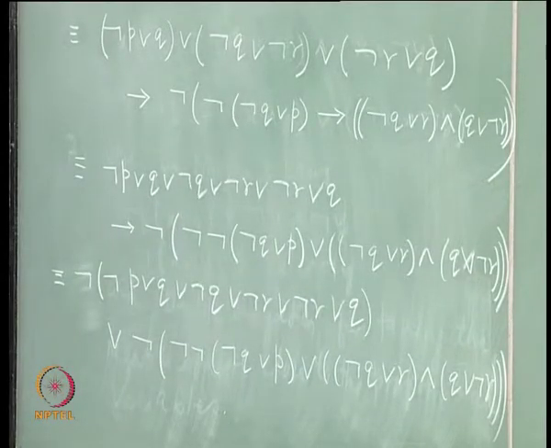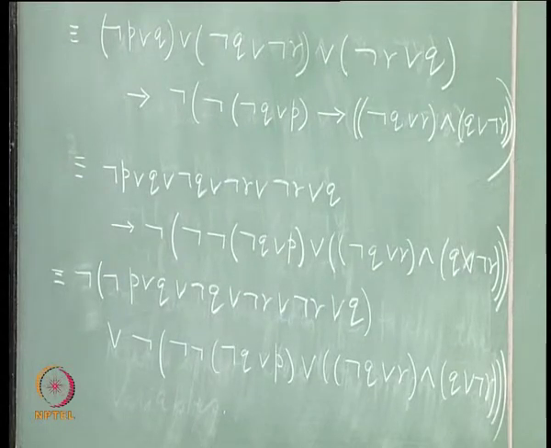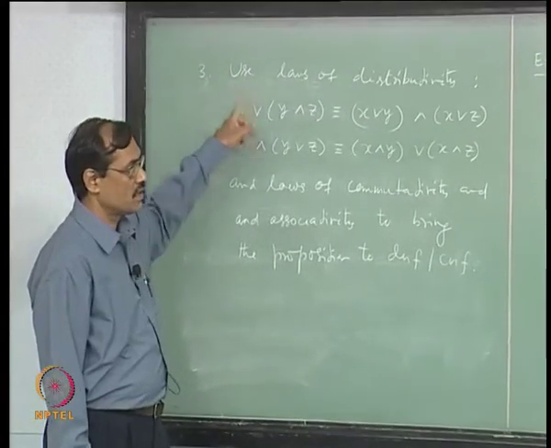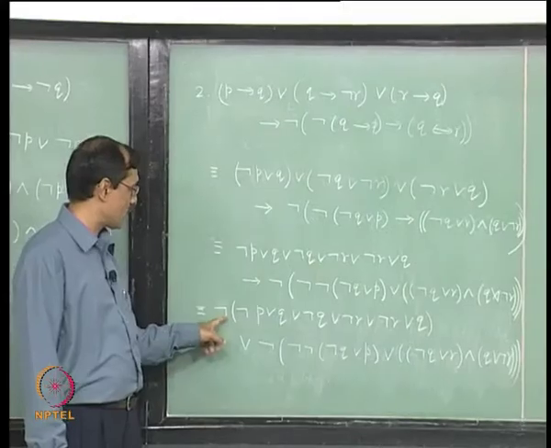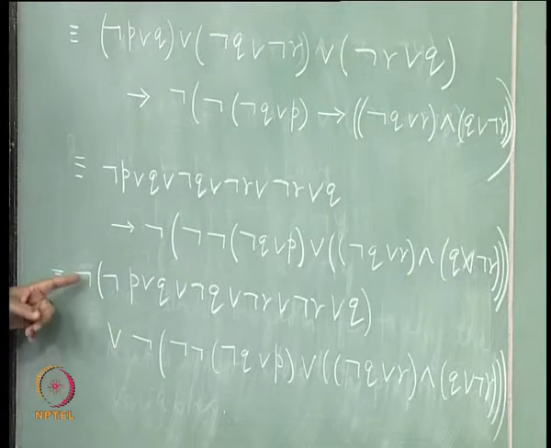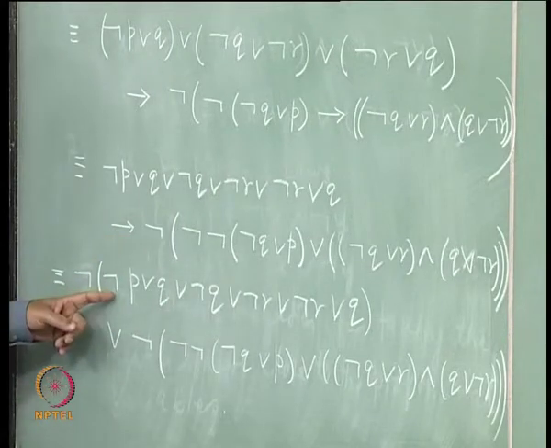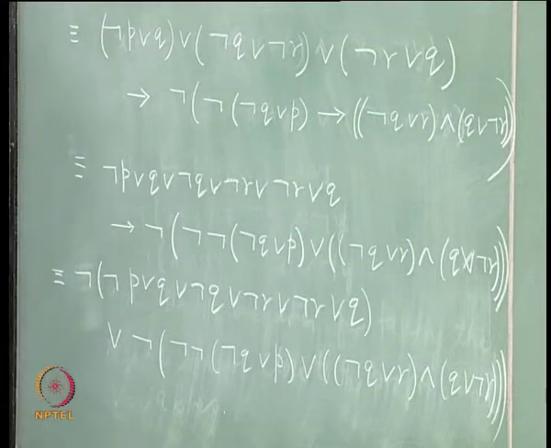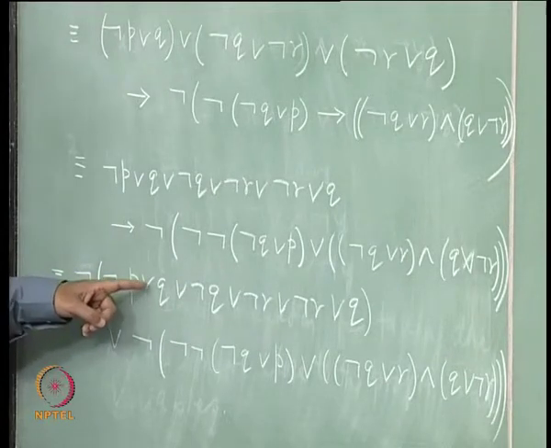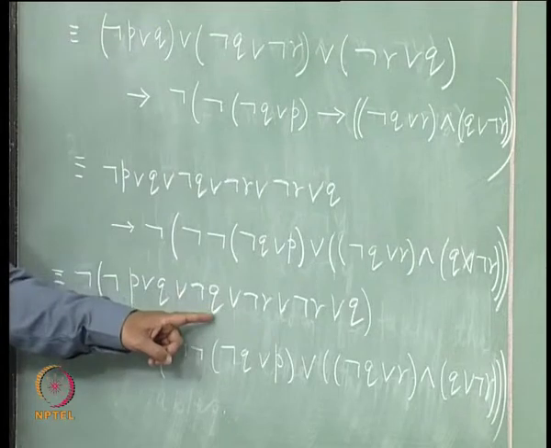Okay, as per the algorithm, we have not used any simplification till now. Now, the algorithm says the next step is to go for the distributions. Before that you may need De Morgan's law, fine. So, if you use De Morgan's law, what does it say? This not will go inside. De Morgan's law says that while it goes inside, it goes on changing the ors to ands and ands to ors, right, that is what it will do. And if you use double negation along with that, when it goes it becomes P and not Q and Q and so on.